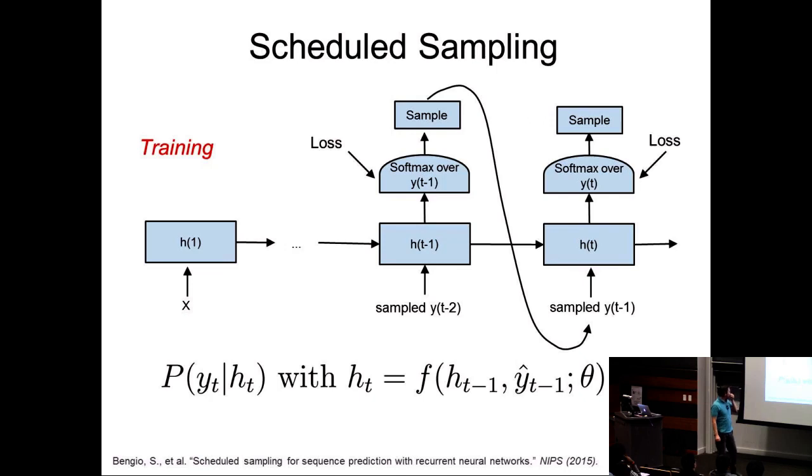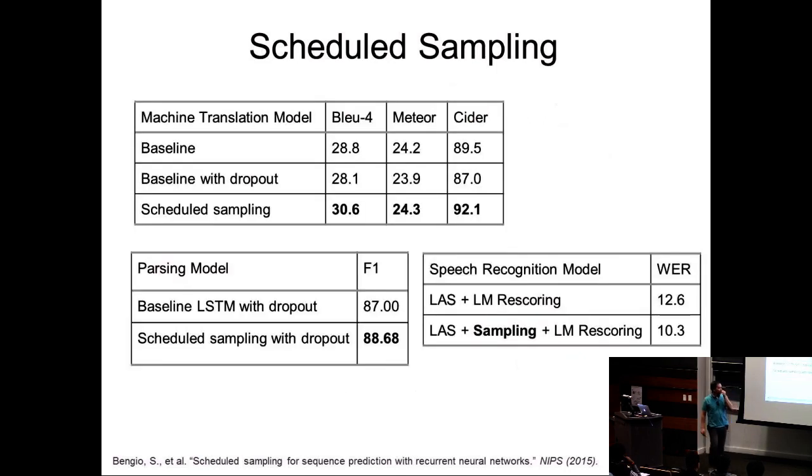If you're interested in the details of how they've done it, this work was done by Samy Bengio. It's Scheduled Sampling for Sequence Prediction with Recurrent Neural Networks. They've shown that it can really improve accuracy on a lot of different models, like machine translation, parsing models where you're trying to predict parse trees, speech recognition, and so forth. They really could improve the word error rates and such. So if you are working on sequence-to-sequence models, this is your friend, the paper to look at.